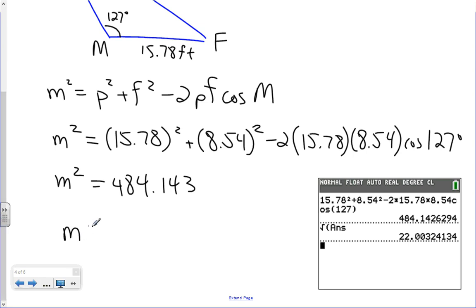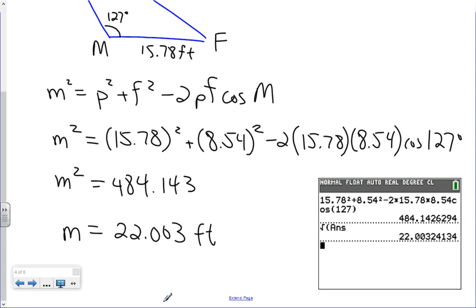So we're going to take the square root of both sides of that, like we did, and we got 22.003. And again, this was measured in feet, so make sure you include units in your answer when they're given to you in the problem. So there is the side length of m,